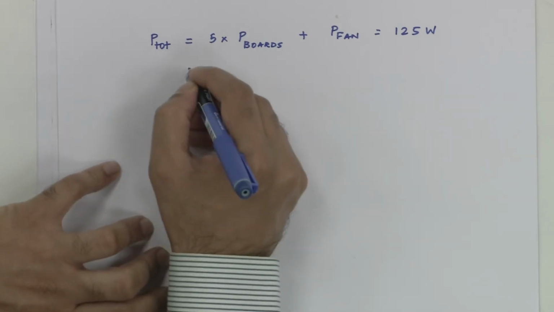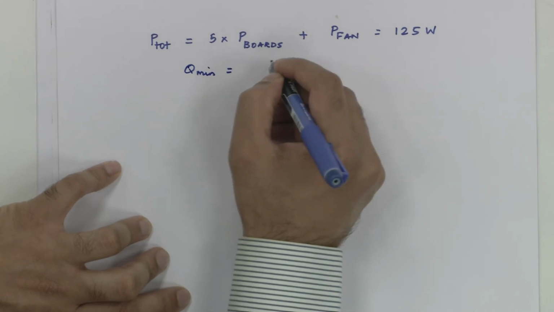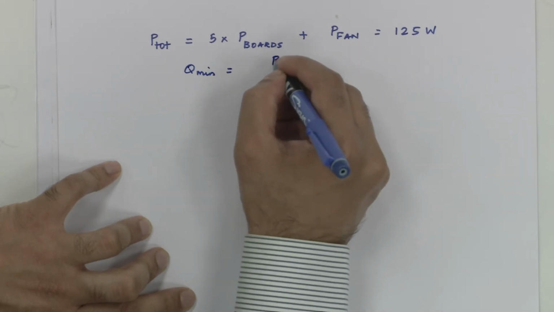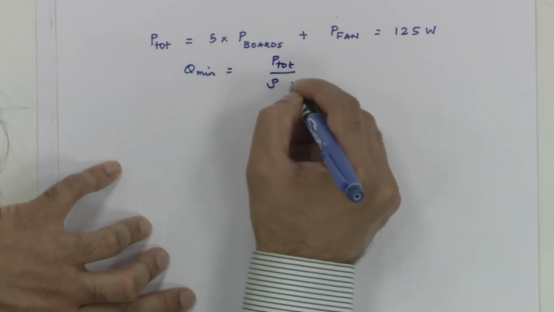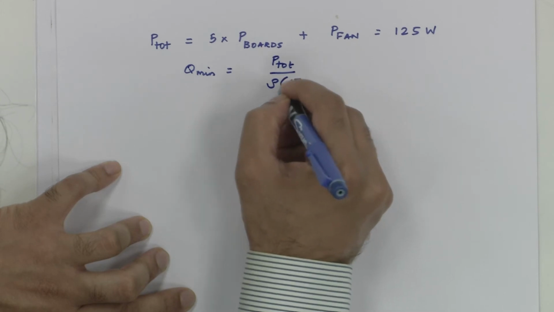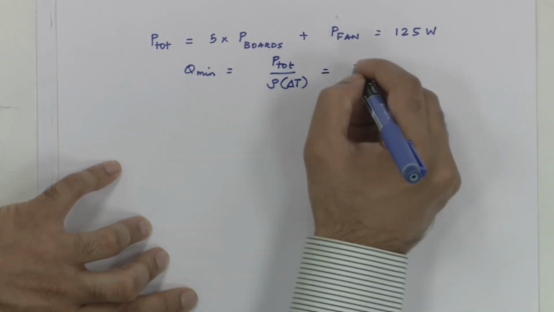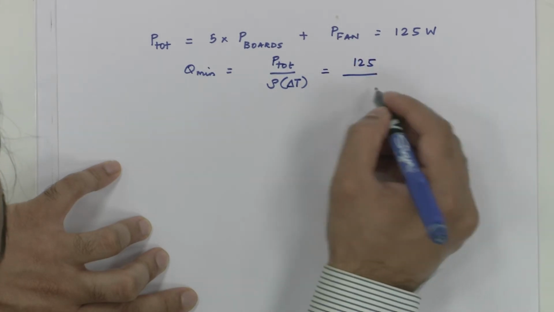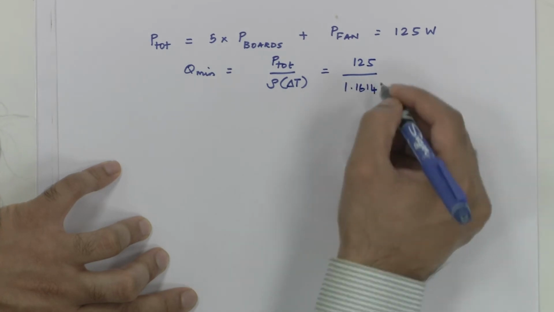To find the minimum flow rate so that the temperature rise of 15 degrees is never reached, Q is P total divided by the density times the temperature rise. We know that P total is 125, and assuming the density of air to be 1.1614 kilogram